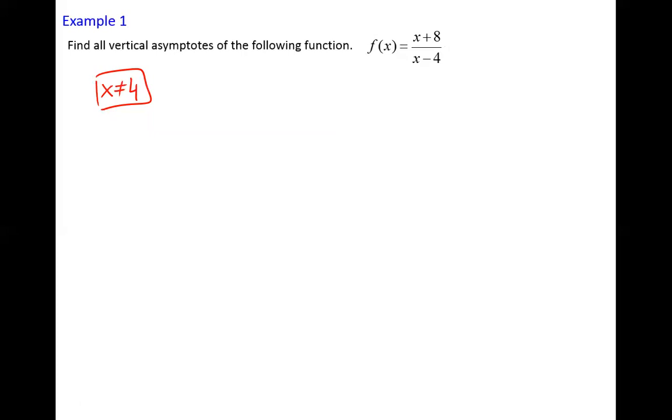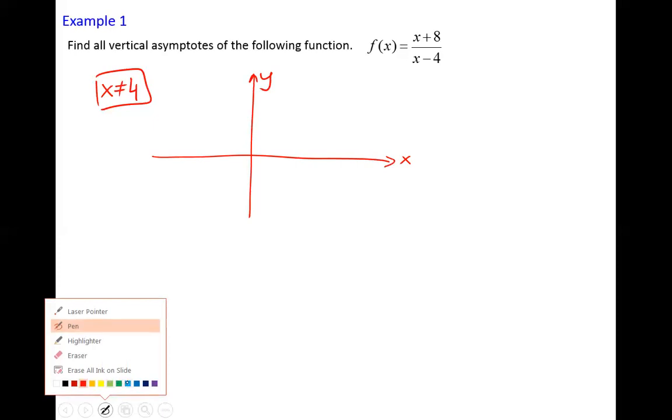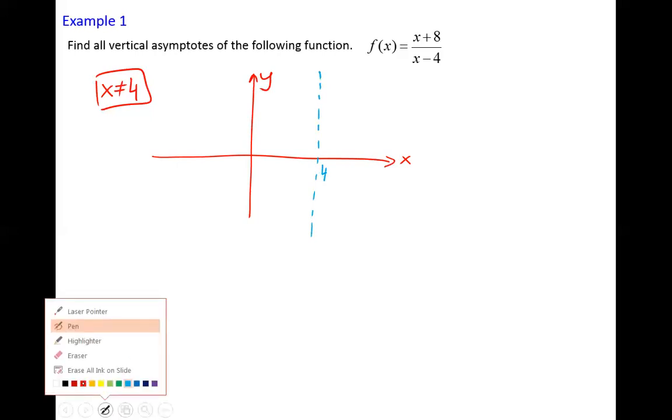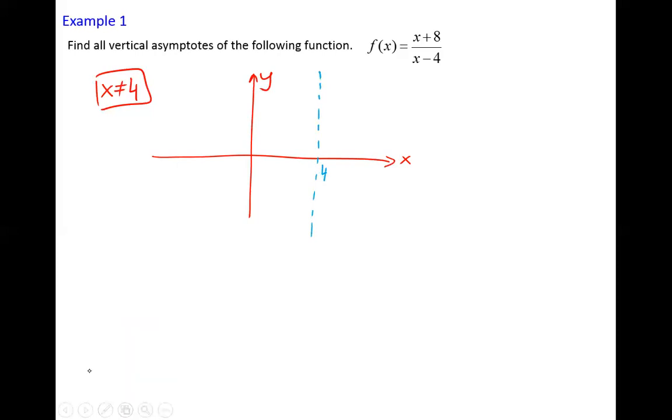So yes, this will be a vertical asymptote, because I can't simplify. I can try to draw this function: the invisible line x equals 4 is my vertical asymptote,